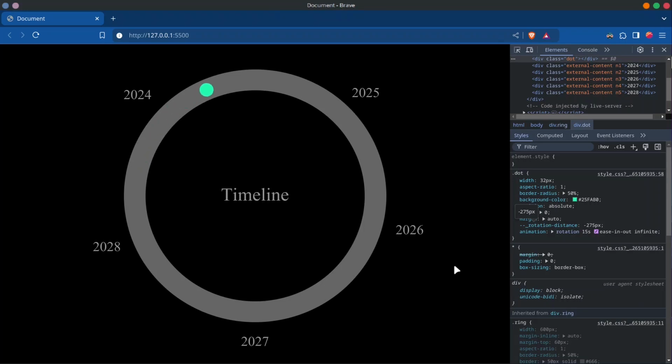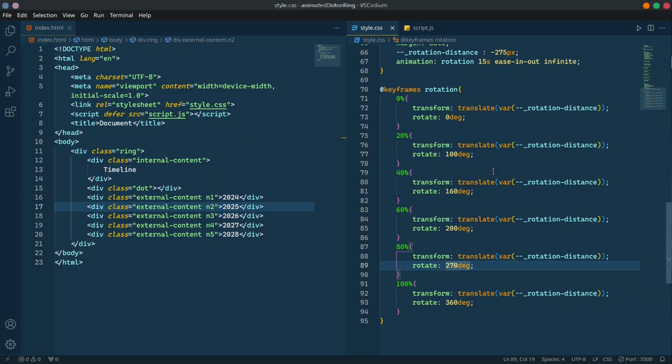Now let's see. Now it is working almost good, but there are two things that need to be done. We need to change the angles to match the position of our external contents, and we need to add a little bit of delay in every step of the animation. So let's first add a little bit of delay in all our animation steps.